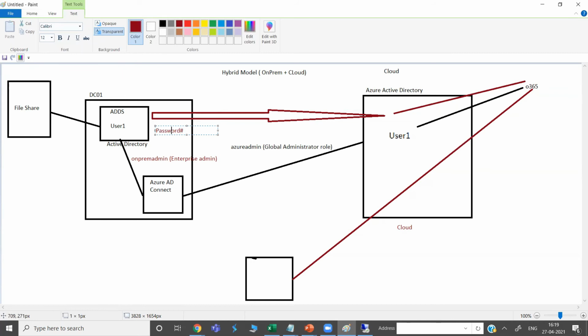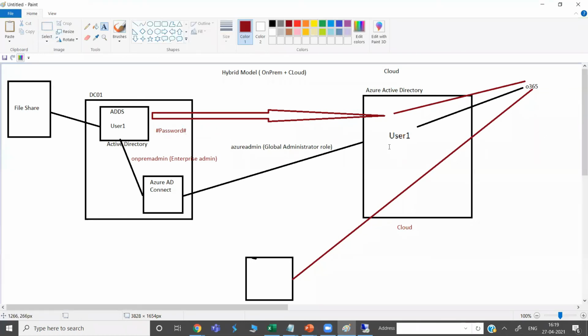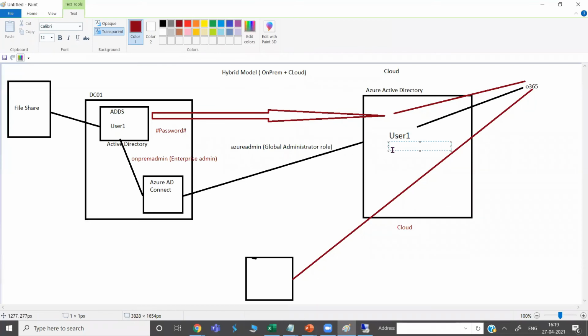So what is a hash? A hash is just like something unreadable. With the help of a hash algorithm, the password is changed into a form that nobody can read. So the hash of this password is also moving here to Azure Active Directory, and whatever authentication is happening will happen at the Azure Active Directory level. Now you might be thinking, what is new in this? The same thing is supposed to be done. What is actually special in this case?